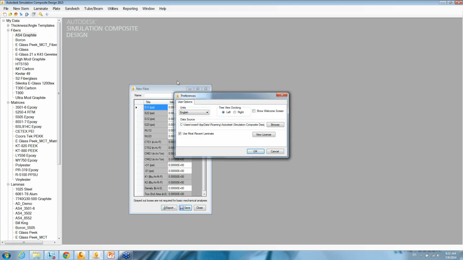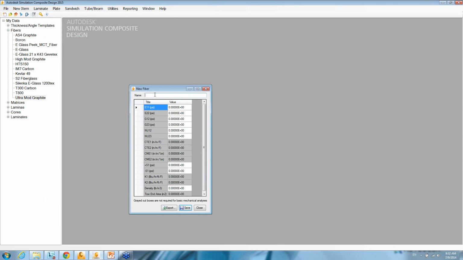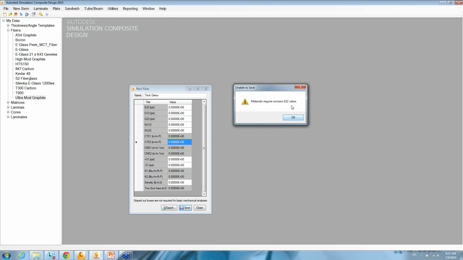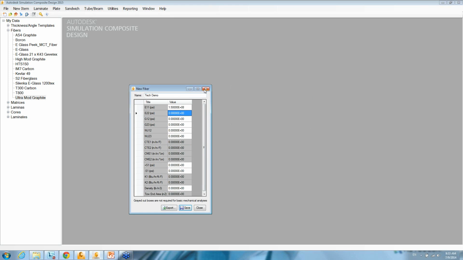If you want to create your own fiber, go through, you can input whatever values you find from a data sheet. Just put some arbitrary values in here. You can walk through all the values, and then you can save that material. If you don't have some of the material properties that are required, it'll prompt you, so you can go back and input those values, or